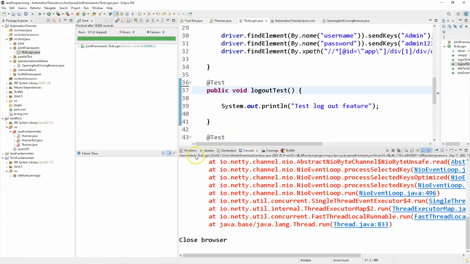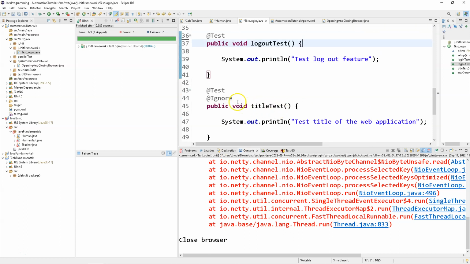Okay, I will upload this into YouTube. You can watch it again and again and test it. And you can also now write the logout test script, and also you can also,